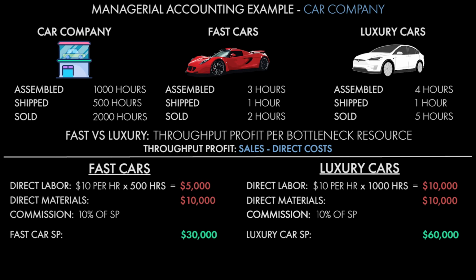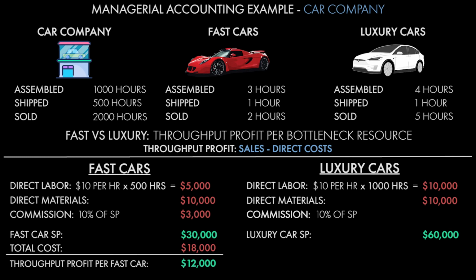So what is our throughput profit? Well, our fast cars' direct costs are $10,000 in materials, $5,000 in labor, and $3,000 in sales commission, for a total of $18,000. Now, if we sell our car for $30,000, $30,000 minus 18 gives us $12,000 in throughput profit